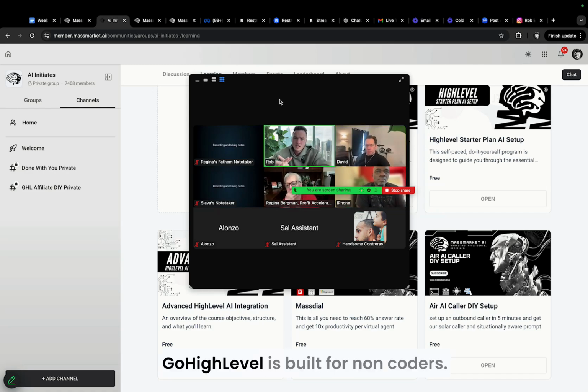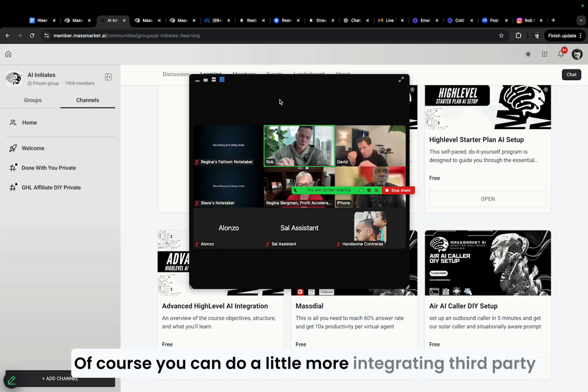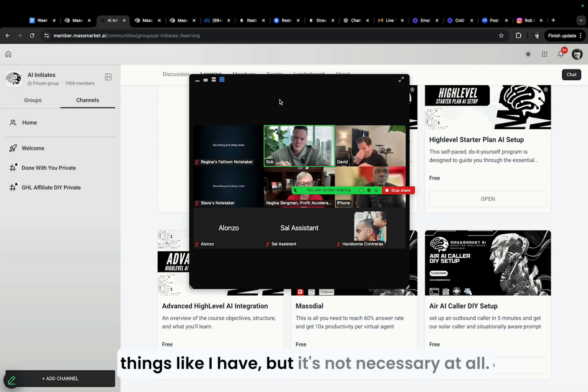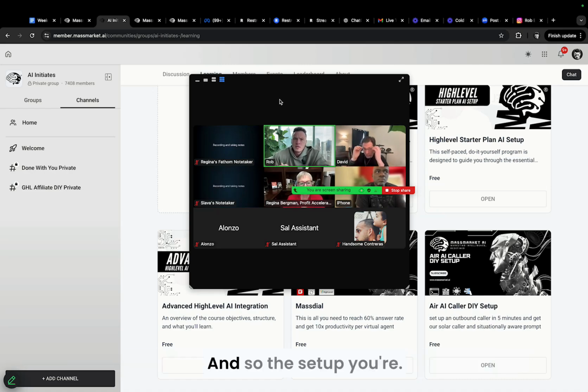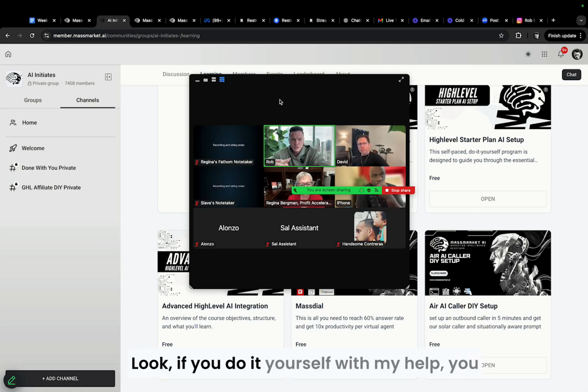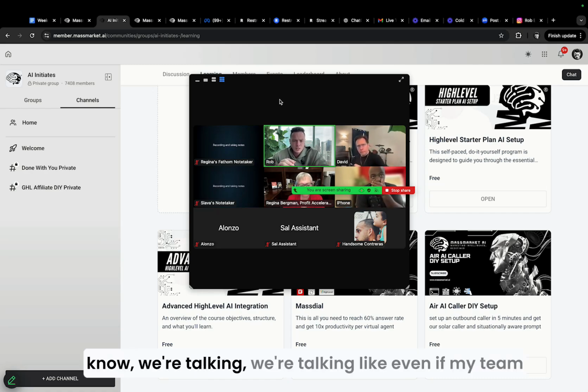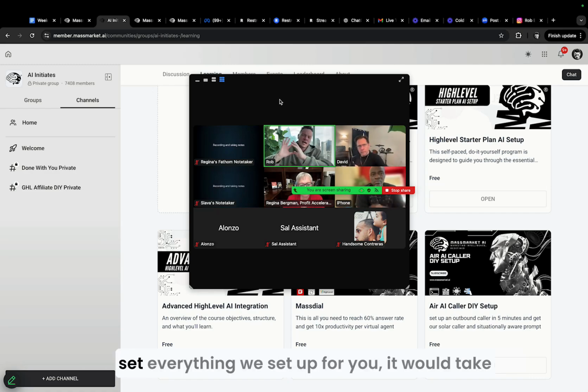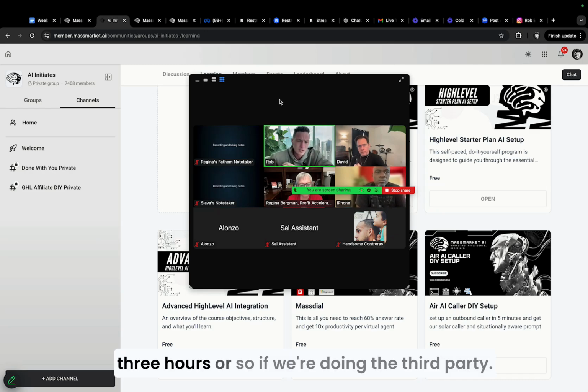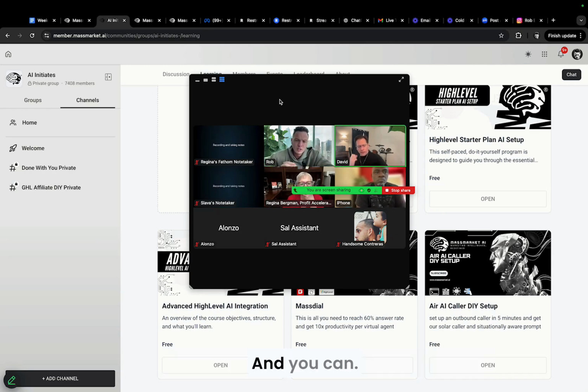Right. GoHighLevel is built for non-coders. It's a whole no-code system. Of course, you can do a little more integrating third-party things like I have, but it's not necessary at all. And so the setup, if you do it yourself with my help, even if my team set everything up for you, it would take 3 hours or so. If we're doing the third party and